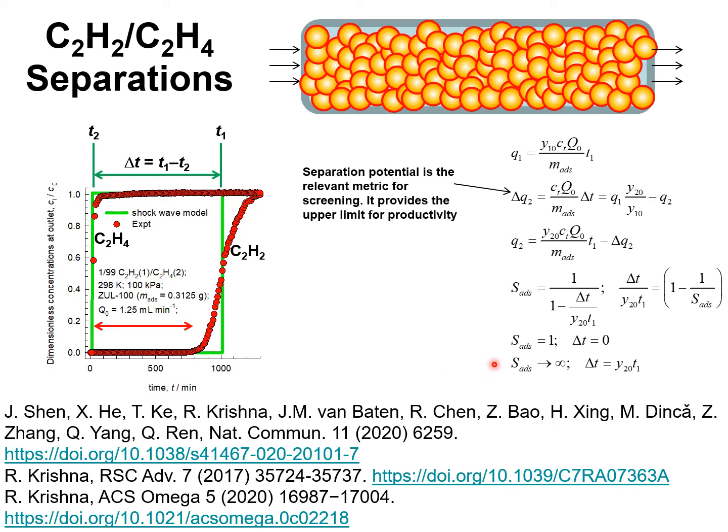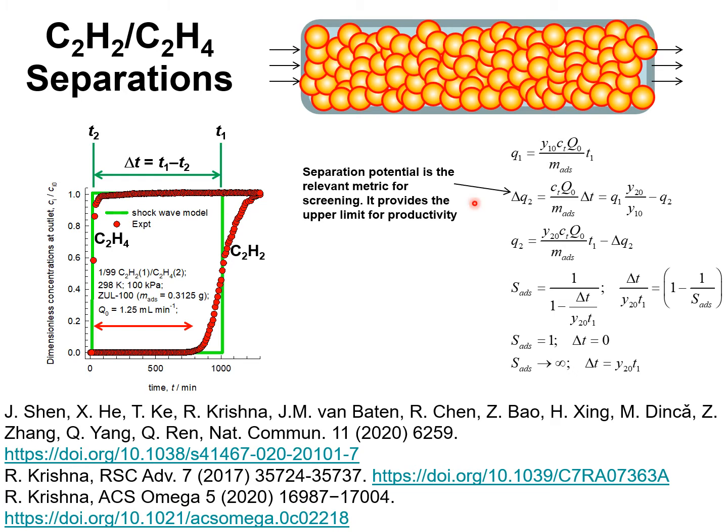So based on this analysis, we can conclude that besides the adsorption selectivity, an important metric that governs the separation performance for ethene separations is delta Q2, because it represents the maximum in the productivity of ethene that is realizable